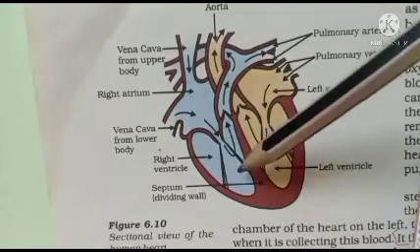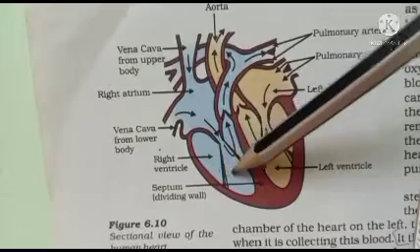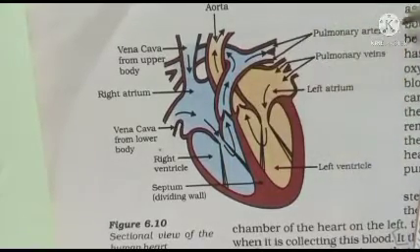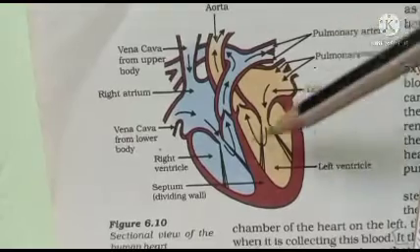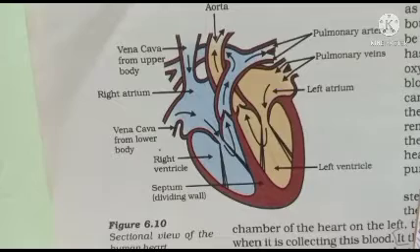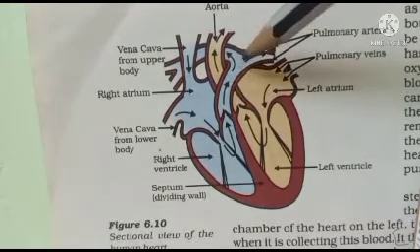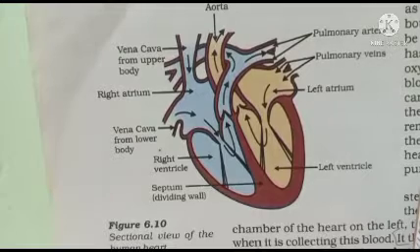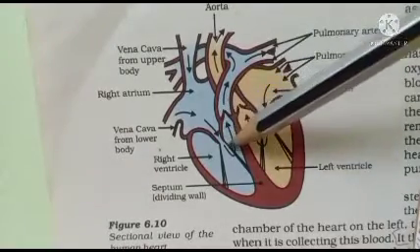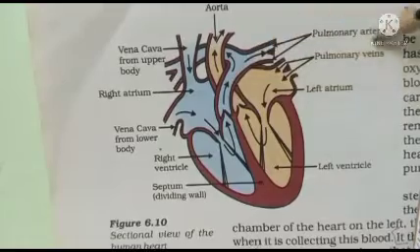When the right ventricle is contracting, the deoxygenated blood will pass through a blood vessel called the pulmonary artery, which carries the blood to the lungs for oxygenation, because it is deoxygenated blood, that means carbon dioxide rich blood. So this carbon dioxide has to be released into the lungs and oxygen has to be taken in. So the pulmonary artery from the right ventricle carries the blood to the lungs for